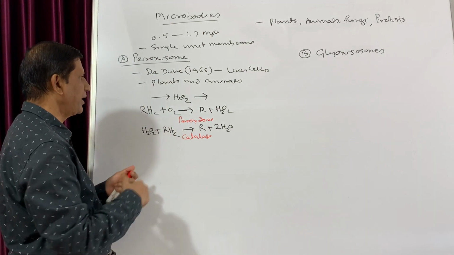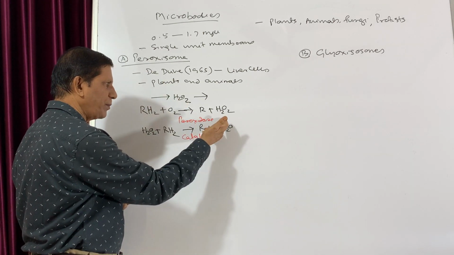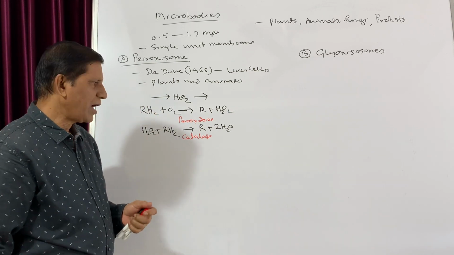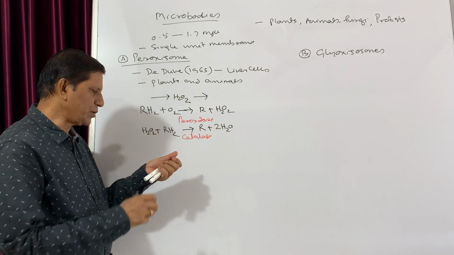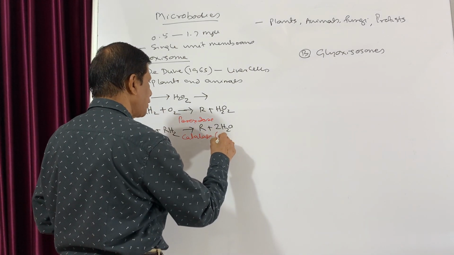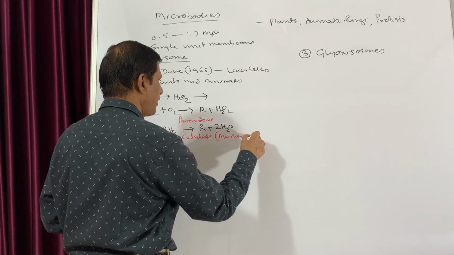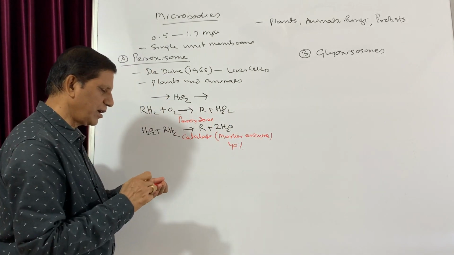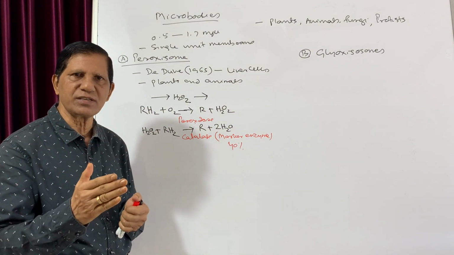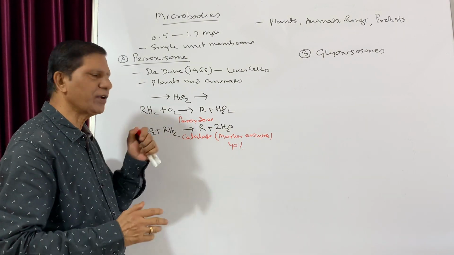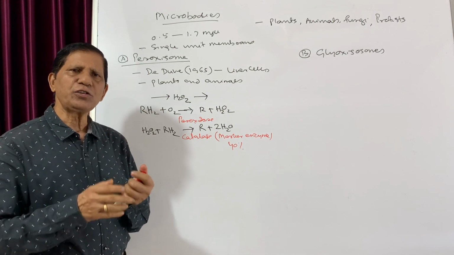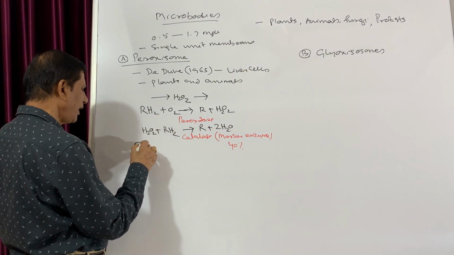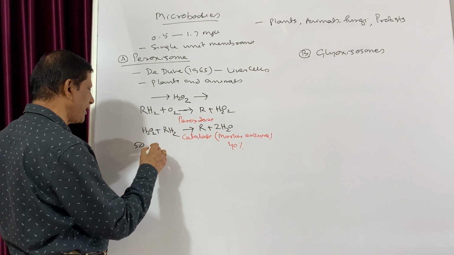That is why its name, because it is generating hydrogen peroxide and also breaking hydrogen peroxide in presence of these two enzymes. And particularly this catalase enzyme is known as the marker enzyme of the peroxisome. It constitutes about 40% of the entire enzymes or proteins that are present inside the peroxisome. Now the peroxisome usually contains around 50 oxidative enzymes,